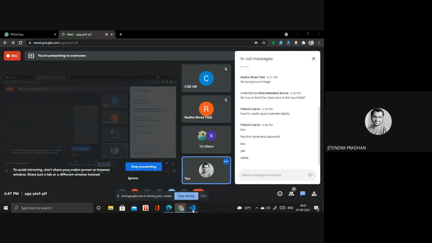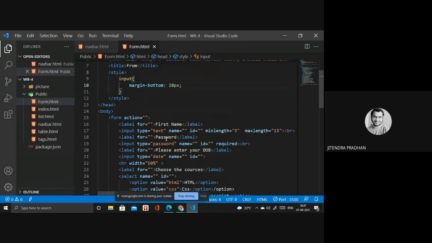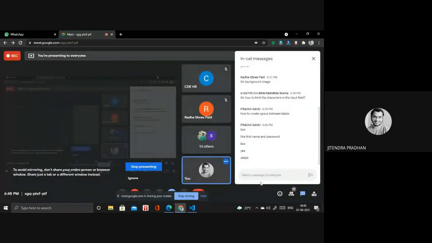Okay. So if you want space between the label and the input box, you have to use &nbsp;. It's a non-breakable space, if you require it in the HTML. In the CSS, we can design with margin left, margin bottom, margin top. We can do that. But if you're designing something in the HTML, then you have to use &nbsp;. It's a non-breakable space.